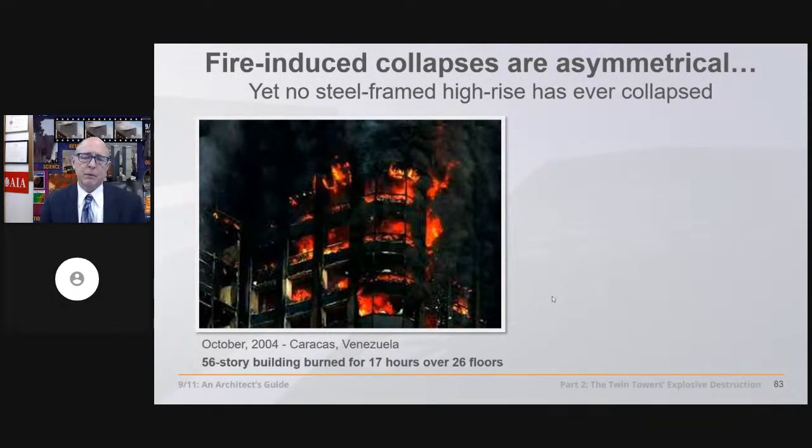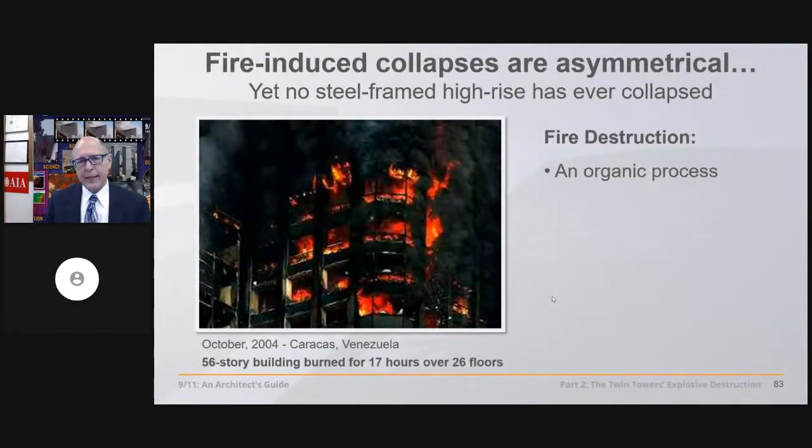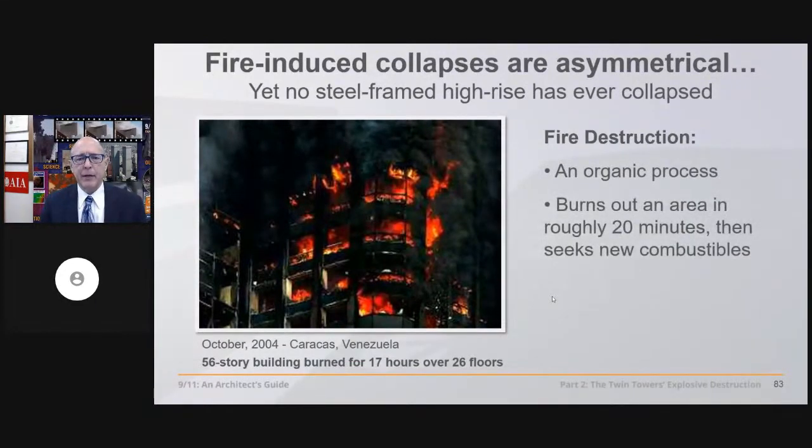So first of all, we ask ourselves, well, fire is one cause of destruction. Fire is an organic process. It burns out an area in roughly 20 minutes or so, and then moves on looking for fresh new fuel sources.